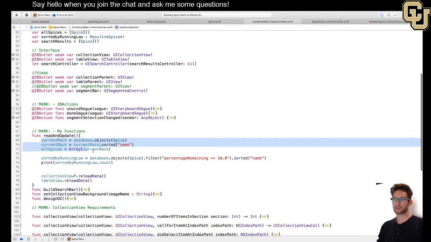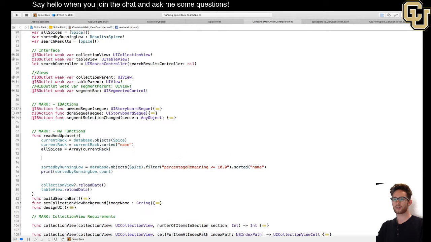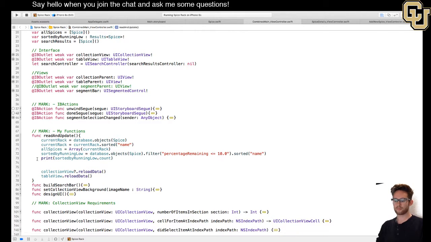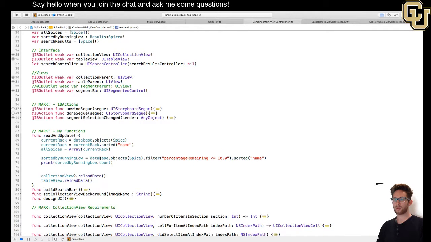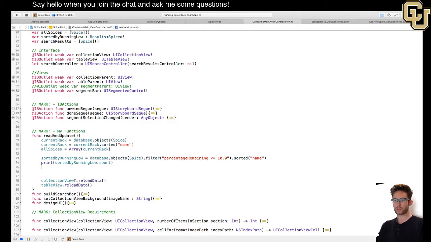And it's going to be in the exact same format as what we've done right here. So what we're going to say is that sorted by running low. Oh look, I already set it up. Look at that. Sorted by running low. You access the database, you filter it by percentage remaining, less than or equal to 10%, and then sort by name. And that's going to tell us how many items are in that list right now, but we don't really care about that. So what we need to do